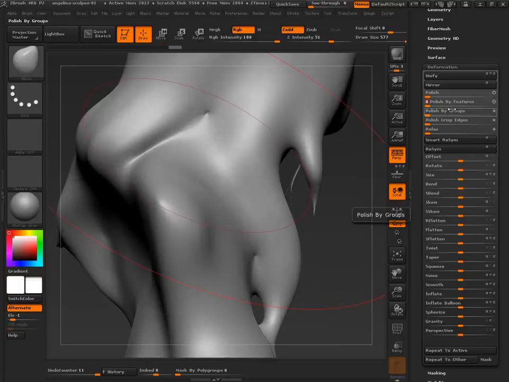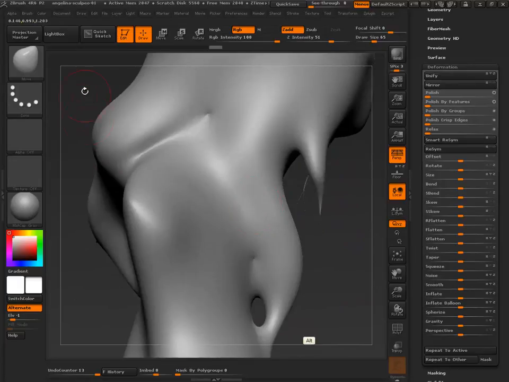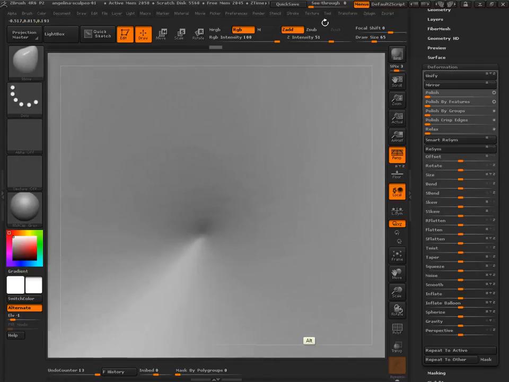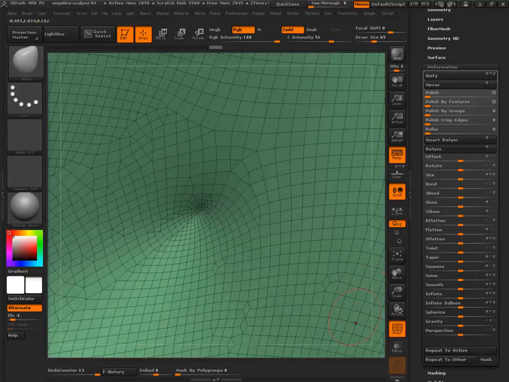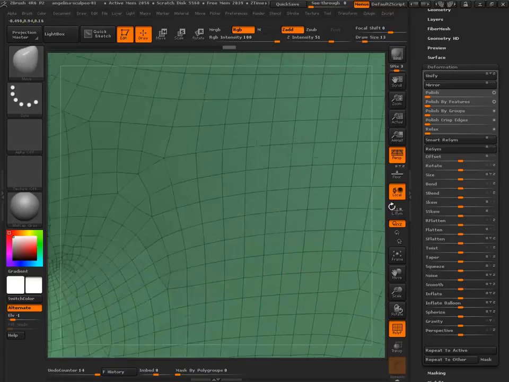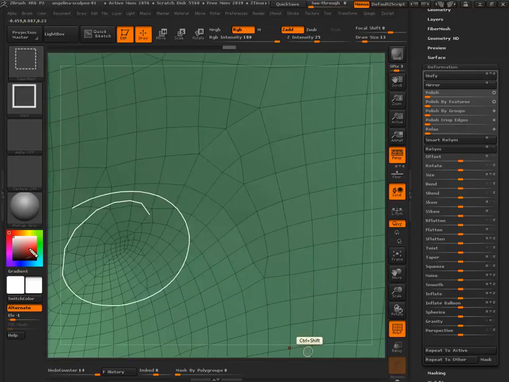So did Z-Remesher create this problem, or did it just inherit a problem from Dynamesh? Let's look. Looks like Dynamesh has done an okay job, no overlapping UVs, but let me just wait for my screen to update to you guys. It does look like this area is the same area that had problems with Z-Remesher.